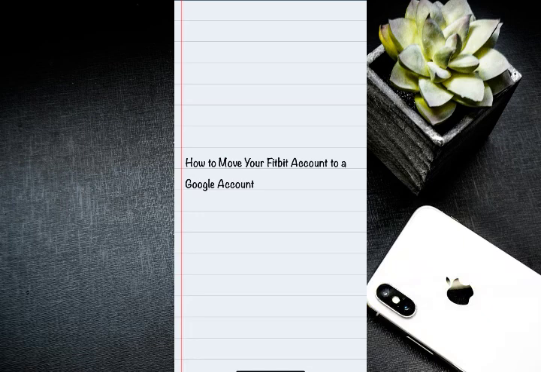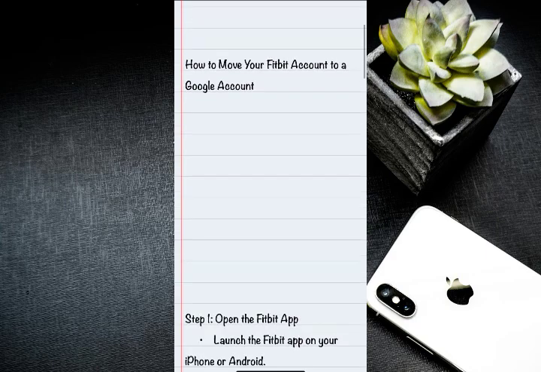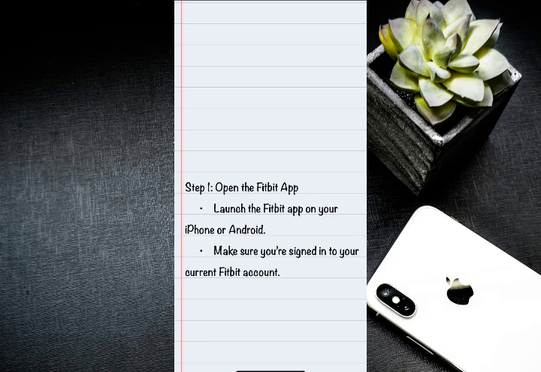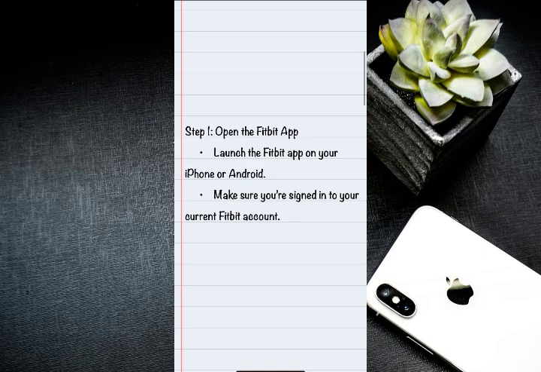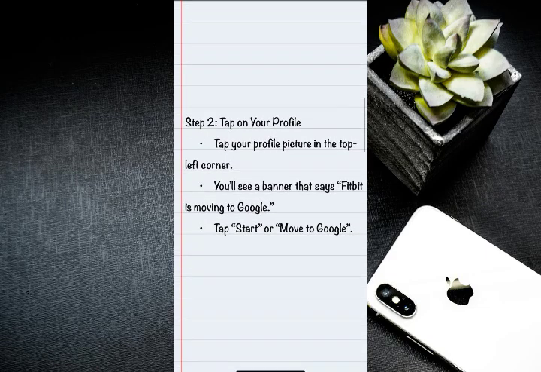In this video I'm going to walk you through an easy step-by-step guide on how to move your Fitbit account to Google account. So to get started with the guide, step 1 is to launch the Fitbit app on your iPhone or Android and make sure you are signed in to your current Fitbit account. Then on step 2, tap your profile picture in the top left corner, then you will see